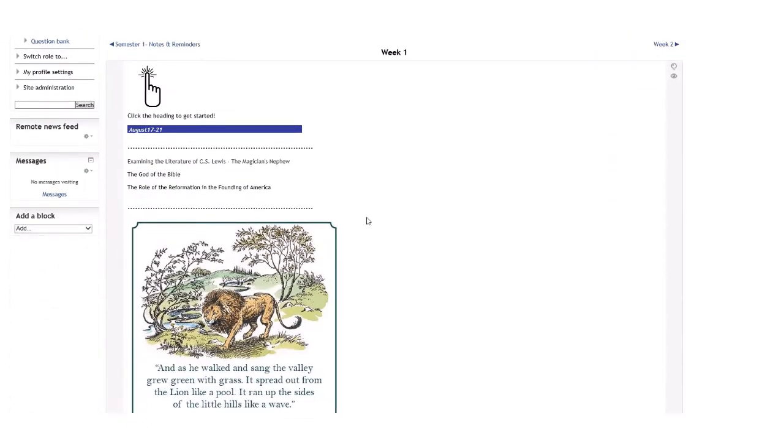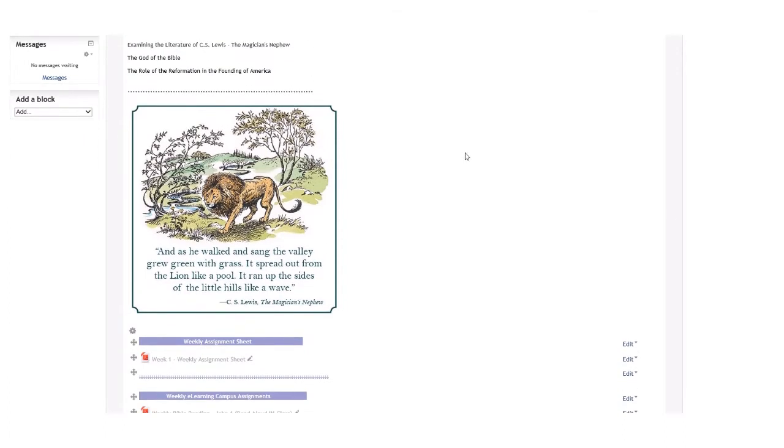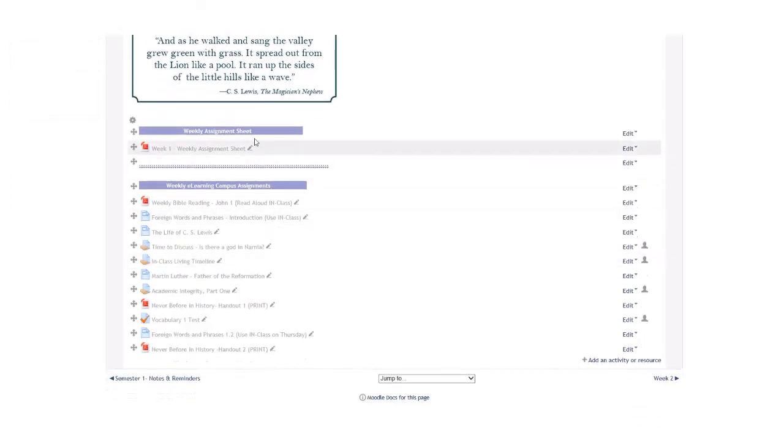week 1. Now, as you can see, one of the first things that we have underneath the directions for students, so they always know what to do, is a quick recap of what's going on in class, as well as an image that has to do with a book that they've been reading over the summer, The Magician's Nephew by C.S. Lewis. Now, because she has so much going on in her course, notice that she's used what we